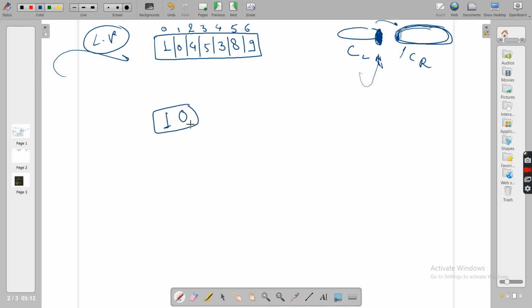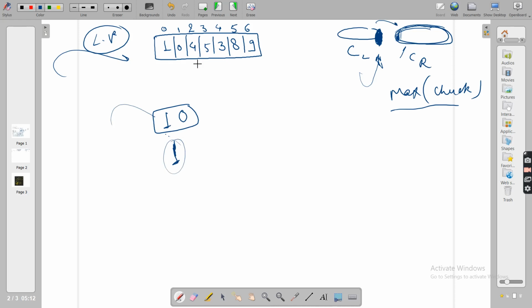Now individually you have the power to sort them, but what is the maximum value? 1. We are not bothered about what is inside this chunk, 1 0. Listen guys, we only want the maximum value of those chunks. So 1 is the maximum. We don't need this, we need this.